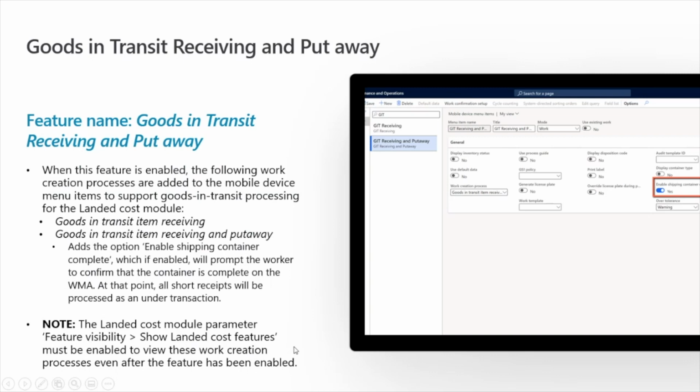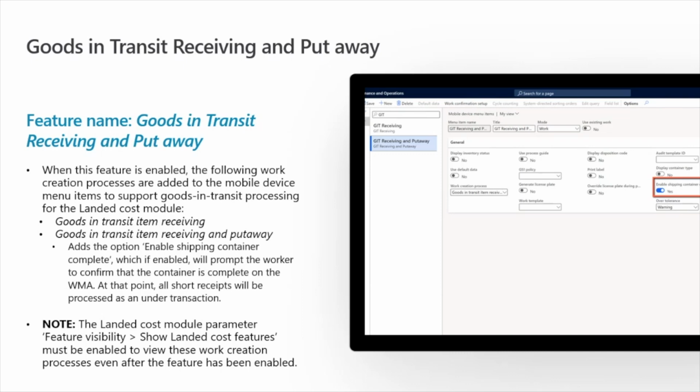That landed cost parameter tells the rest of the system, especially our warehouse and transportation management modules, that I want to see the landed cost related features show up in my forms and fields in these other modules.